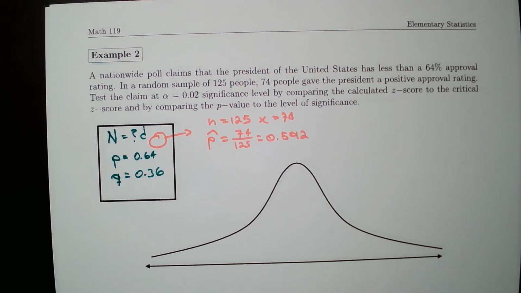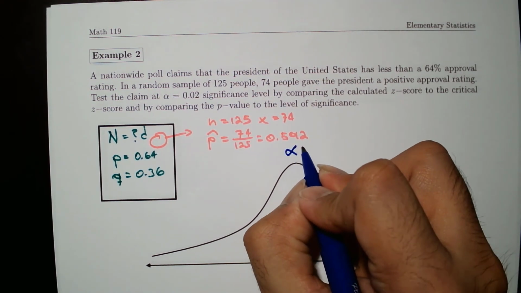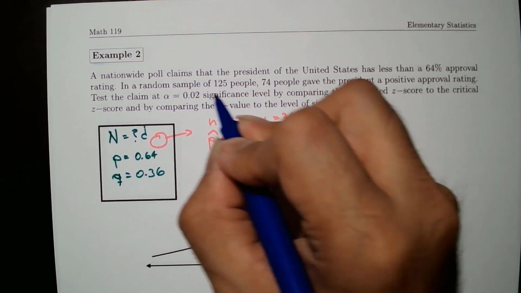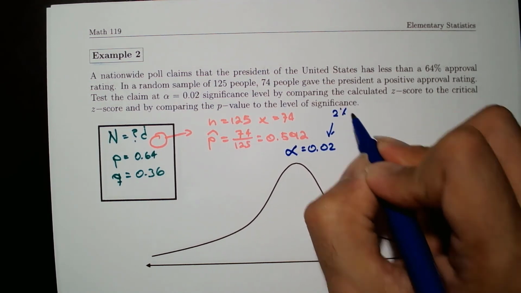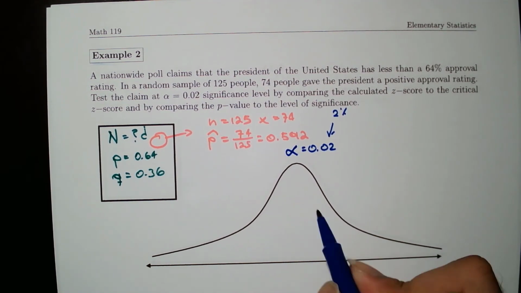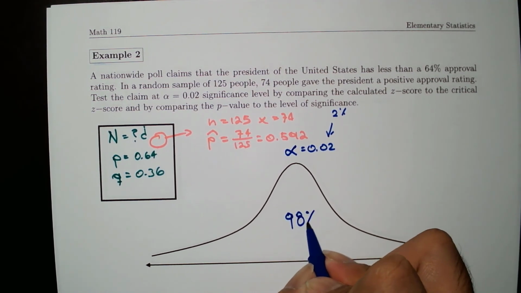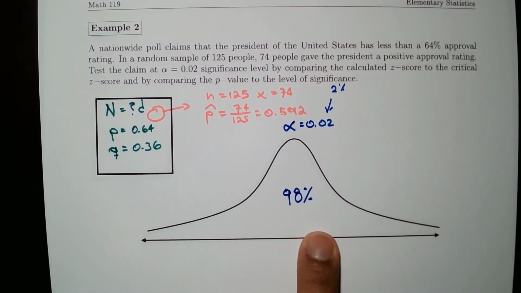All right, so our alpha here is 0.02. That is 2%, right? That means 2% significance. That is, the unshaded region will be 98%. And then in this case, one thing to notice,